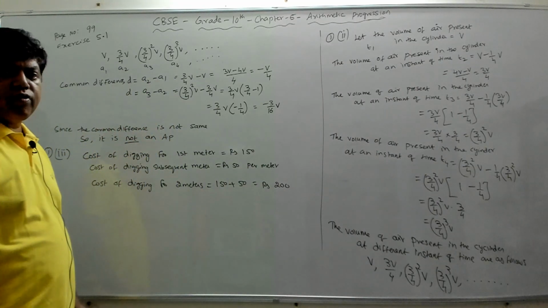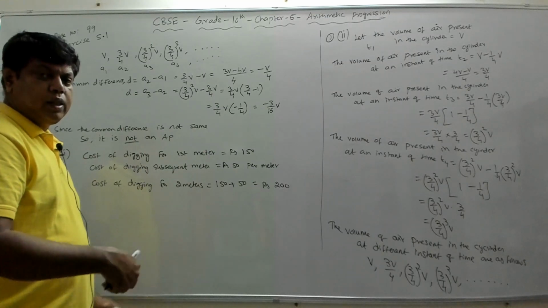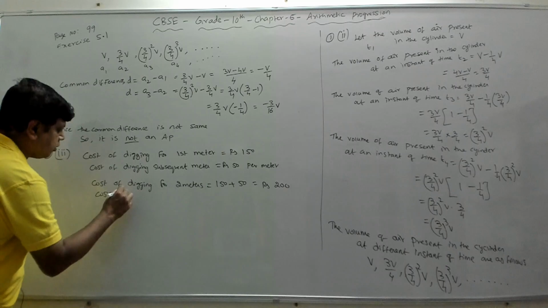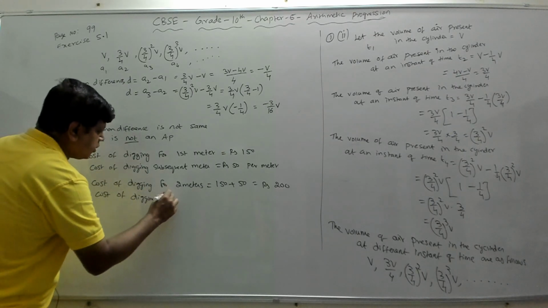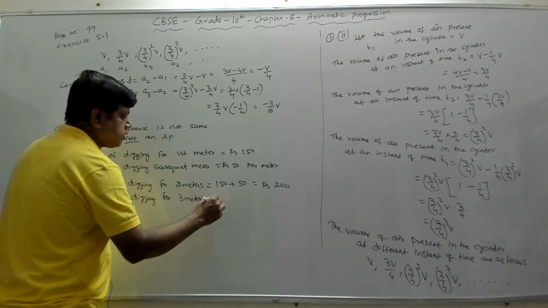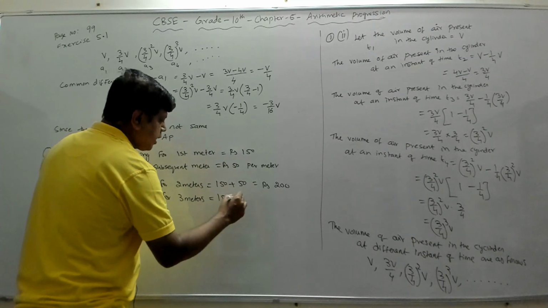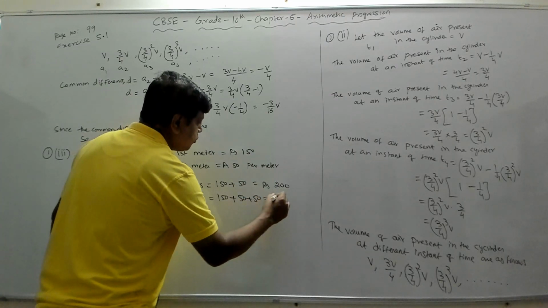200 is the amount for digging 2 meters, if we dig the well for 2 meters. Now similarly, cost of digging for 3 meters. If we dig 3 meters of well, what is the cost? That will be first meter 150 rupees plus then after that second meter 50, third meter 50. That will give you 250